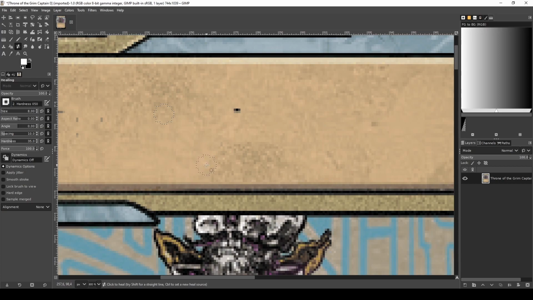So you can see when I clicked here, you can see these two bright pixels, two dark pixels that come from here. But the edges have been blended with the surroundings, so it looks like it